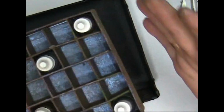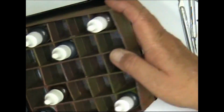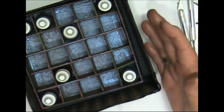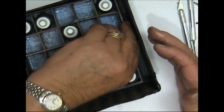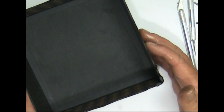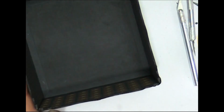I can, if we want, glue this to the bottom of this, but I don't see a reason to do that. So I'm just going to sit it in there, and then we'll sit the top one on top, and that's it. So what I think I need to do now, and I have to adhere this box to the top of the